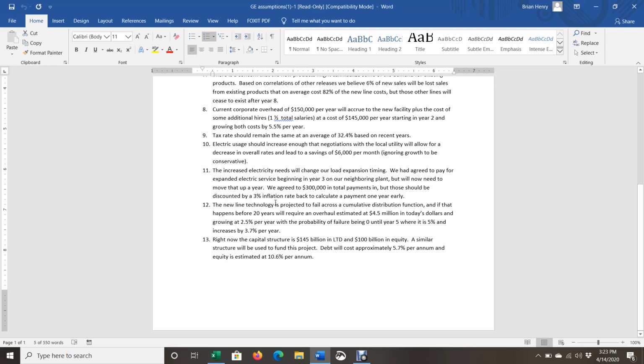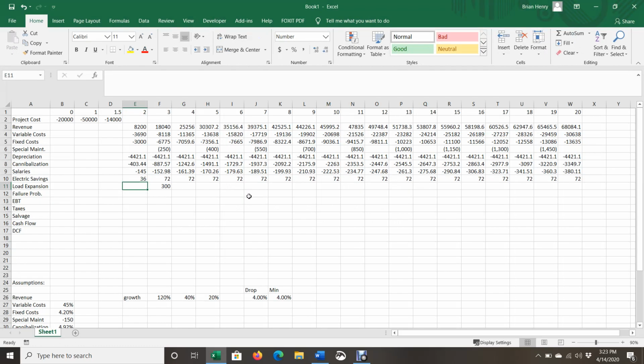And there is a discount factor of 3%. And so we're going to discount this back 1 year, basically, at 3%. And so now we're going to pay $291,000 in year 2. But we no longer have to pay for the expansion in year 3, and so this ends up being our cash flow model. Once you discount it back, it actually ends up being slightly negative, though it will not actually affect the model in any significant way. So shifting, sometimes when you're shifting things, you got to kind of think through, okay, well, those payments that I no longer have to make should be in the model as well if they're due to the model itself. And